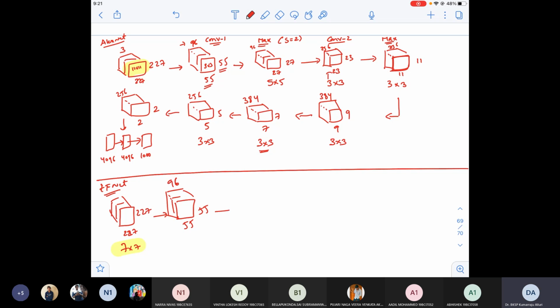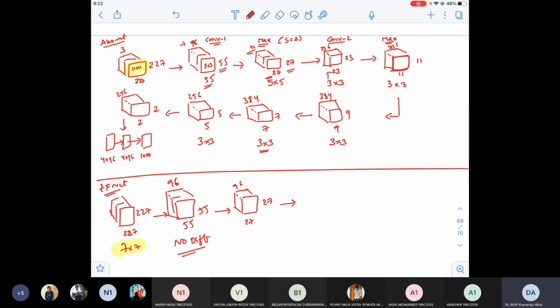And after this, you can see the difference. See, there's no difference in this part. No difference. Let me write it. No difference here when compared with AlexNet. Now next, you have to tell me whether a difference exists or not. 27 cross 27, and the depth is 96. Do you have any difference with this? Same 96, 27 cross 27. So no difference. I'm not even writing the filter sizes, because it was the same.